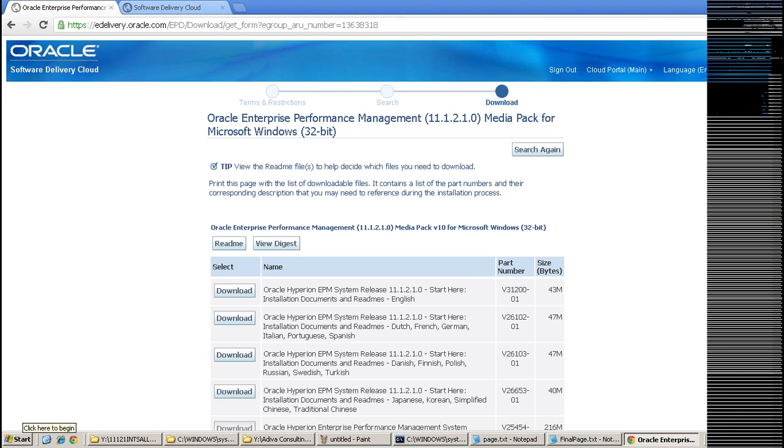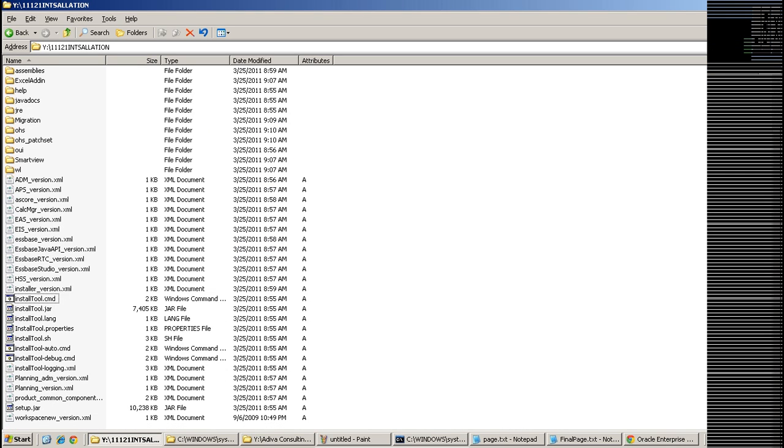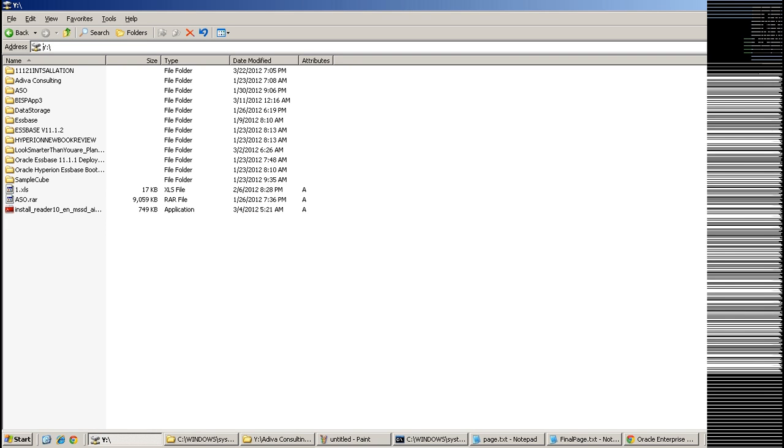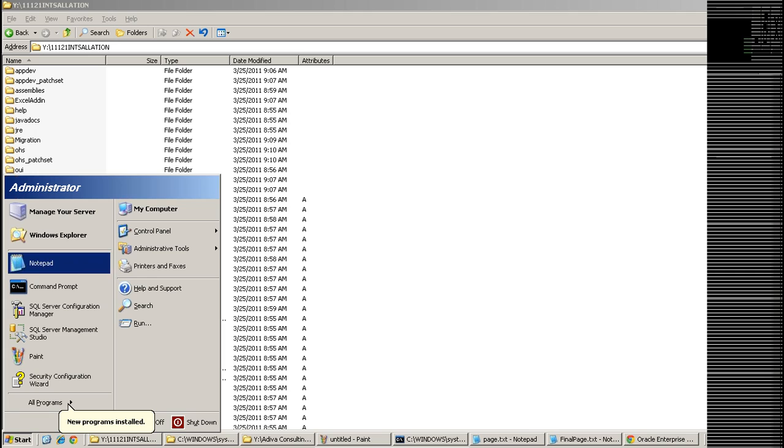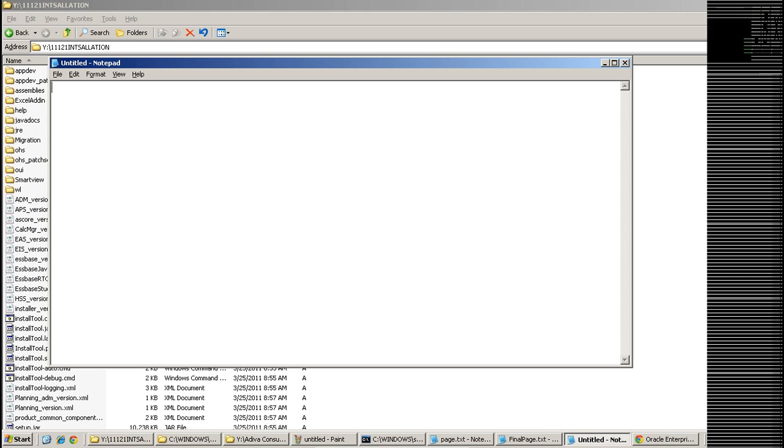Once you have downloaded the files, you need to extract them in one folder, and please ensure that there is no space in the folder path. I installed in my shared drive folder. So this is my folder, and I'll follow the order in which to extract the files.